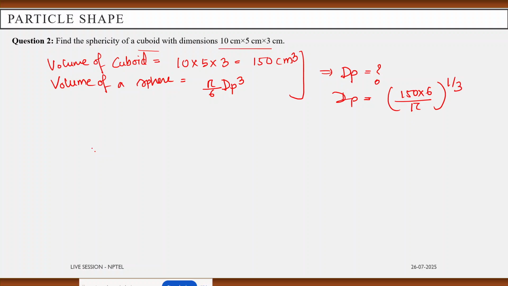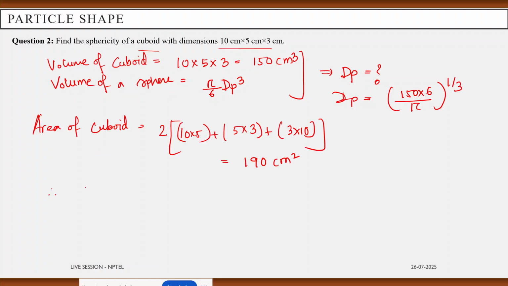and what is the area of a cuboid? That is 2 into 10 into 5, 5 into 3, 3 into 10. What is the value? 190 centimeters square almost. And now you have to just calculate the sphericity. That is,